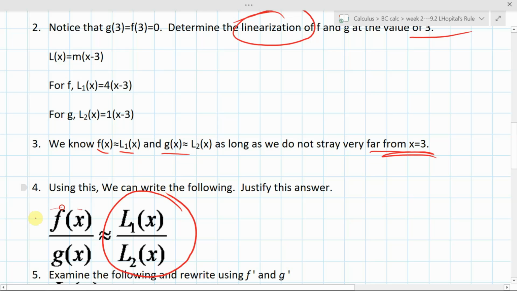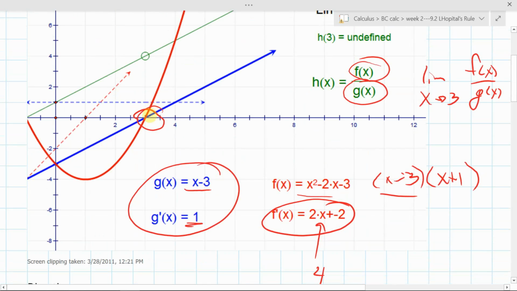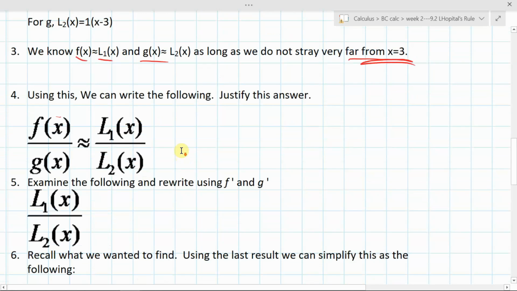So the linearization for the parabola divided by the linearization for the line. Well, what's interesting is that if I go back here, this tangent line is obviously not the parabola. So as I stray to 3.5 or something like that, I'm getting different values here. But if I'm approaching the value of 3,